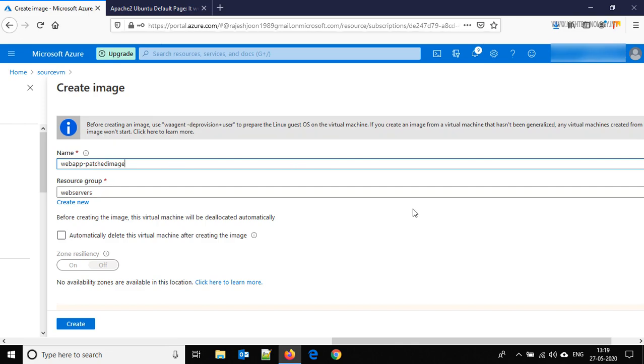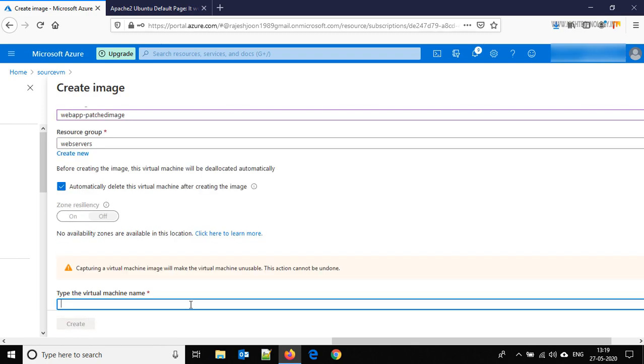The resource group is our web server, and here we have an option to automatically delete the virtual machine. We are setting this, otherwise you can delete it manually. Just click on create. Here it is asking for the virtual machine name, so we have to provide the name of our source VM, and just click create.